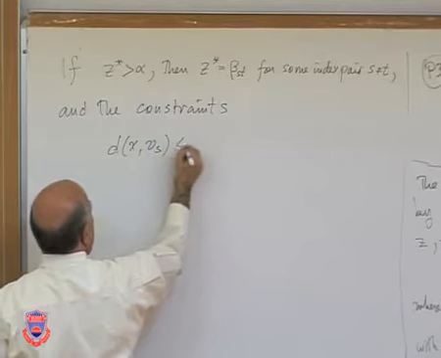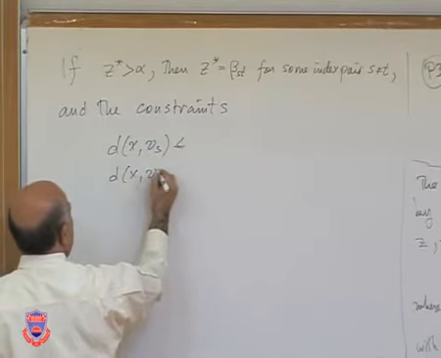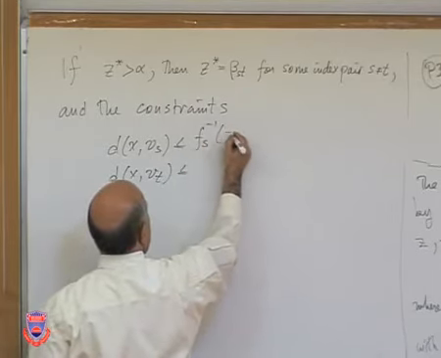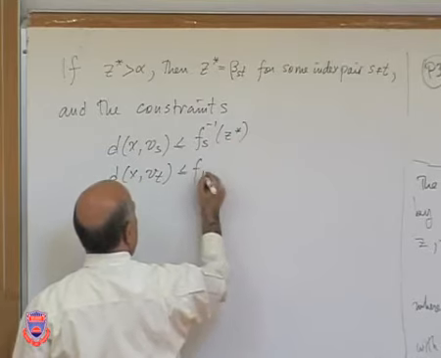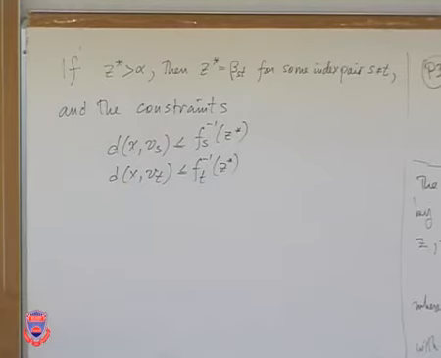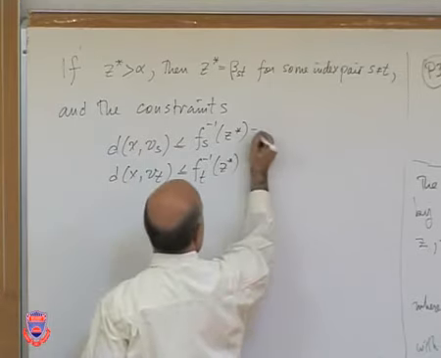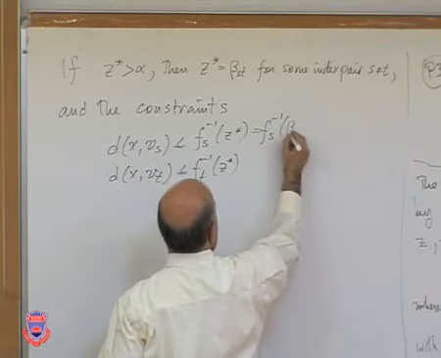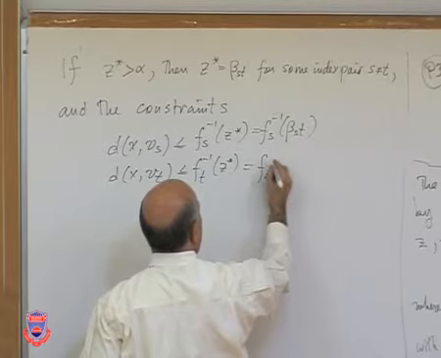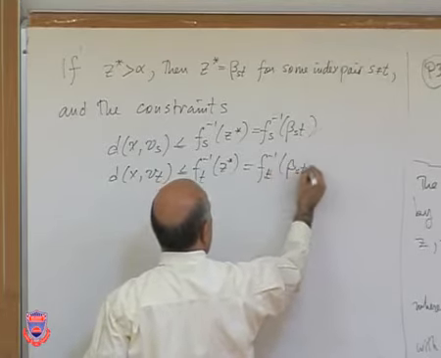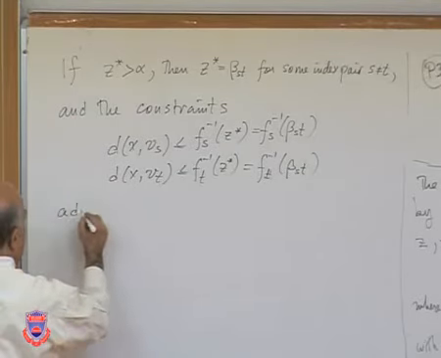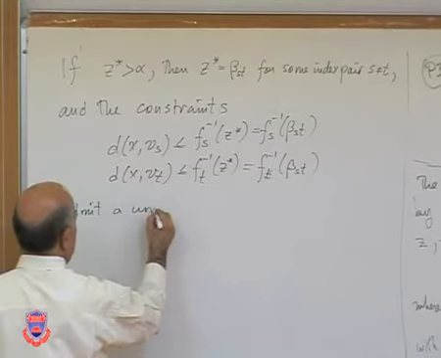One is this one, the other one, this one, with Fs inverse of Z star, the other one Ft inverse of Z star, which happens to be Fs inverse of beta st, admit a unique solution